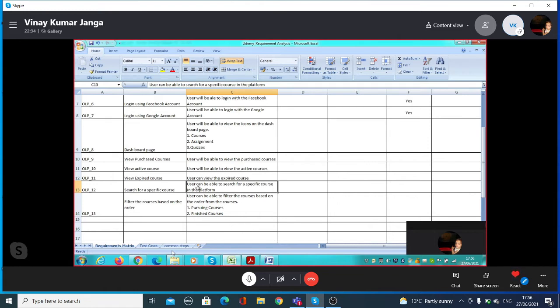single requirement. Don't bunch these requirements. If that requirement has a few attributes, then you can bunch them together. But as for example, courses are in a separate place, assignments are in a separate place, and quiz are in a separate place. They are not stored at one place, so you can't do this at one point. In test cases, you can bunch them and put them as a test suite. But these are different things.